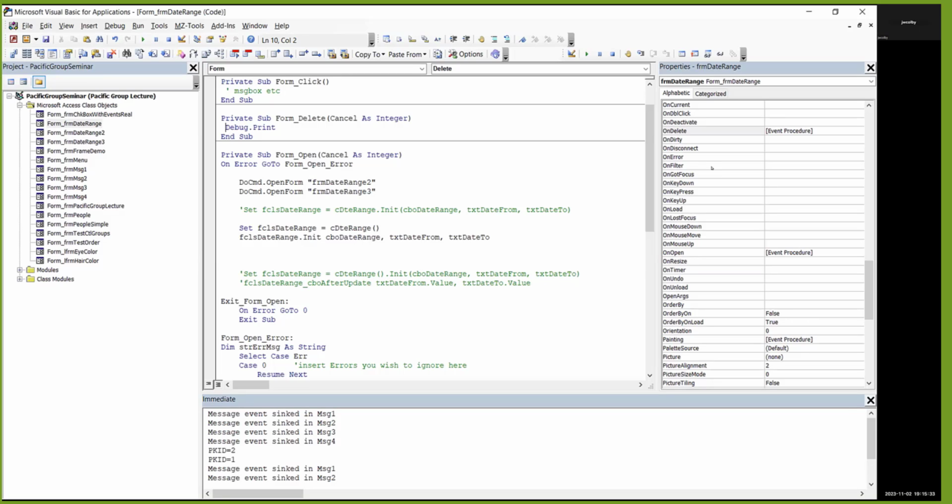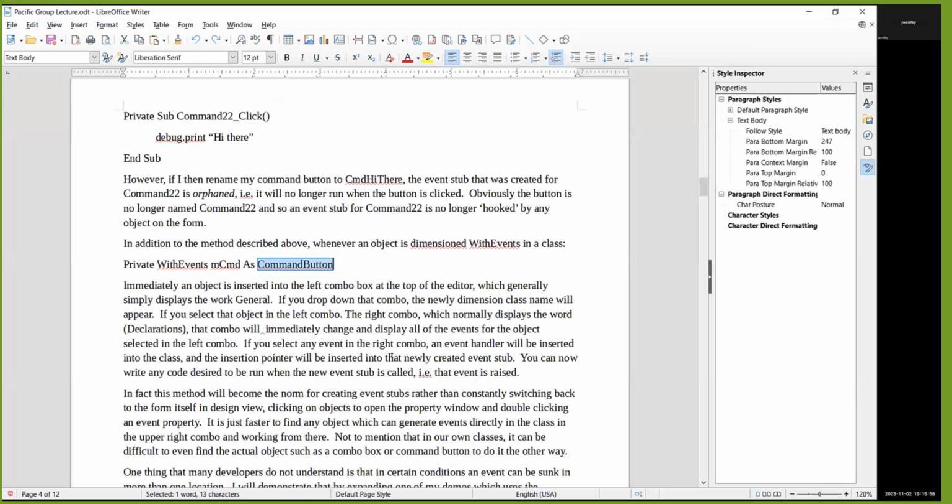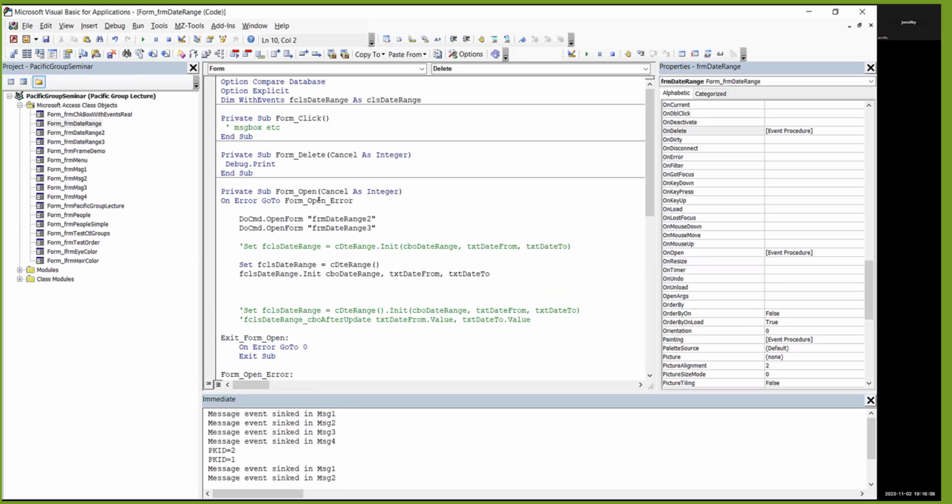You don't have to do that. The VB editor is trying to help us, and it does a very good job of that. And I'm very happy that it does all that stuff behind the scenes because it makes my life easier. But just be aware that if you set that to false and you got a bunch of stuff in there, well, you just lost it. All right. Okay, so what I was trying to say here is that